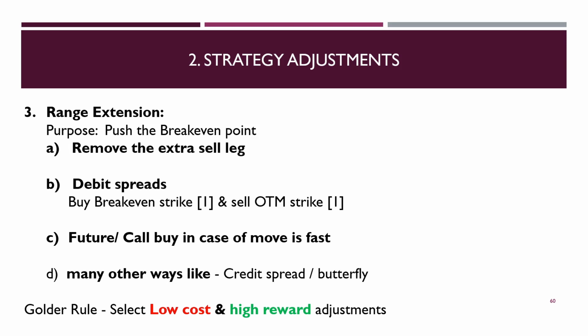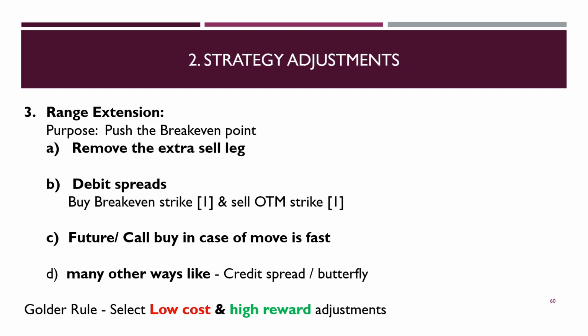Now fourth, there are many other ways, like you can put on any strategy such as a credit spread or butterfly. There are many strategies we can do, but just understand the logic behind the adjustments. The logic we apply is that we have reached our break even, and beyond this level our losses are very high, so we are just buying an extension, or buying time from the market. If you understand this logic, then you can put on any strategy, any adjustment you can do, but just understand the logic behind doing it.